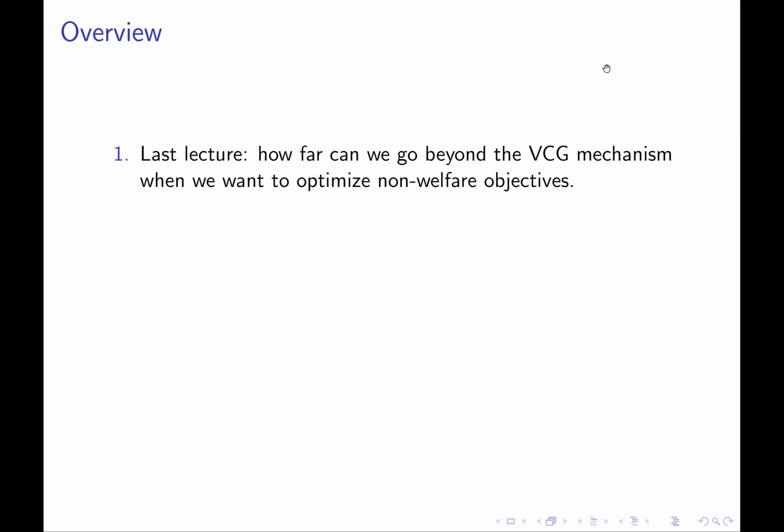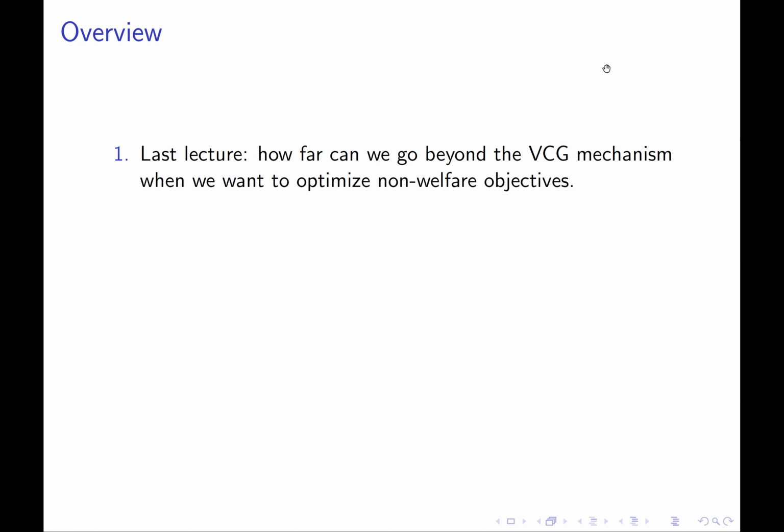It was individually rational. Nobody could come to harm by participating in the mechanism. It was social welfare maximizing. It always picked the solution that made everyone happiest in aggregate. And it was budget balanced. We, as the mechanism designers, didn't have to pay to run the mechanism. And so that was great.